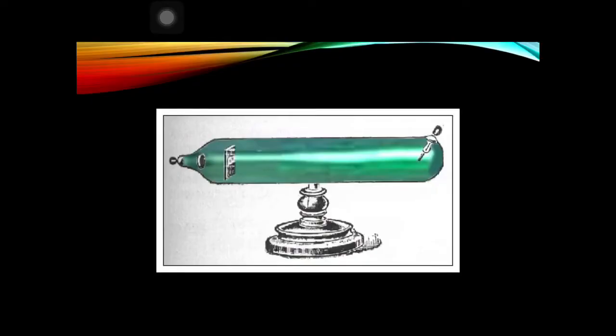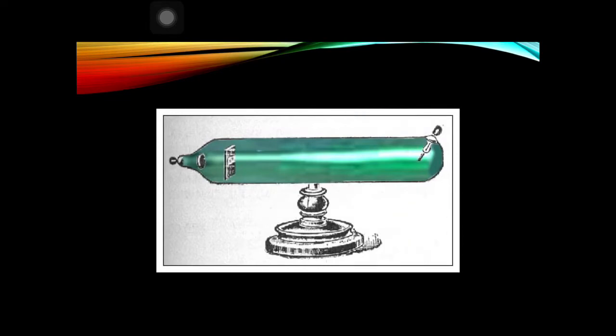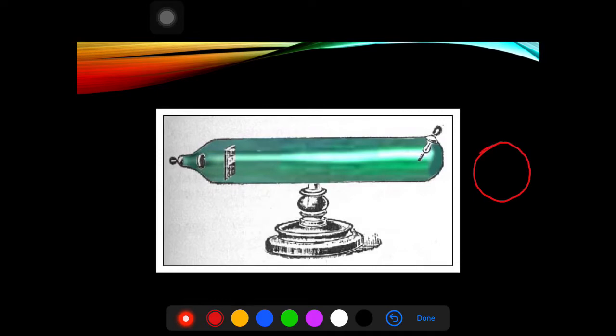So he's going to flip the magnet around, and you can see that when he flips the magnet around, it's now being attracted towards it. So this magnet, if you flipped it around the other way, made it bend in the other direction. And that's how he discovered that these electrons have a negative charge. He did not know what to say about these electrons, so he just drew the atom and he said that the electrons were located somewhere inside the atom.